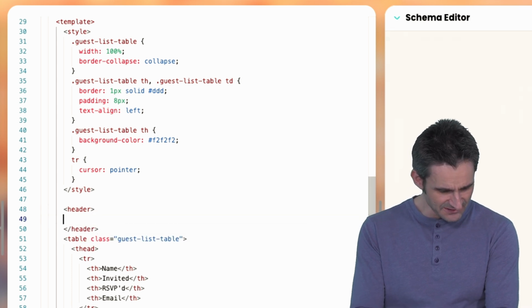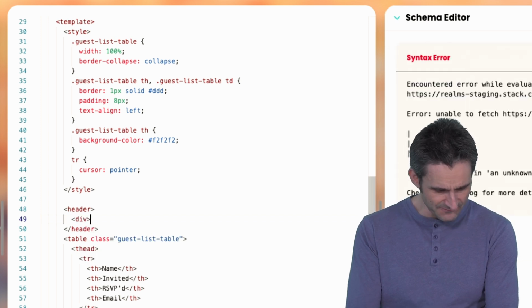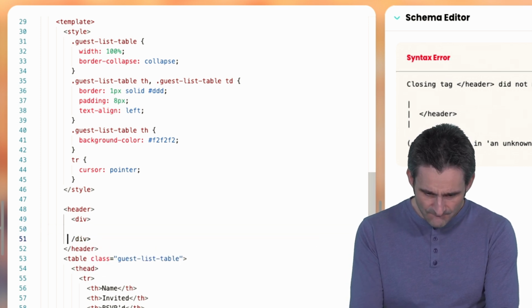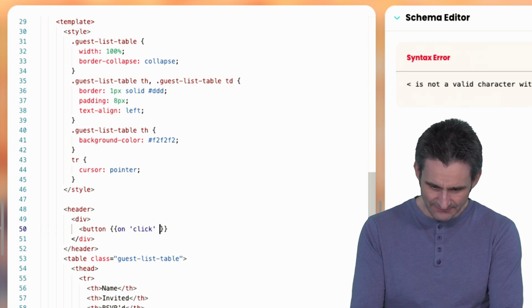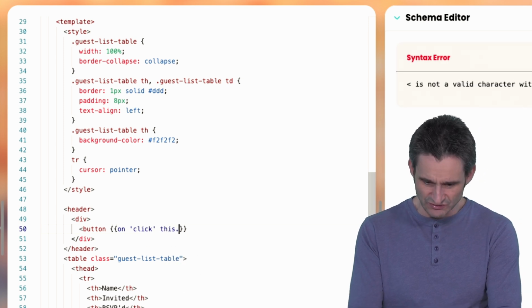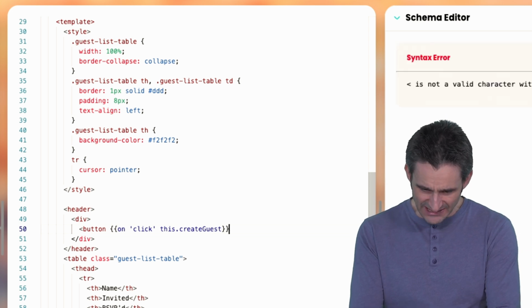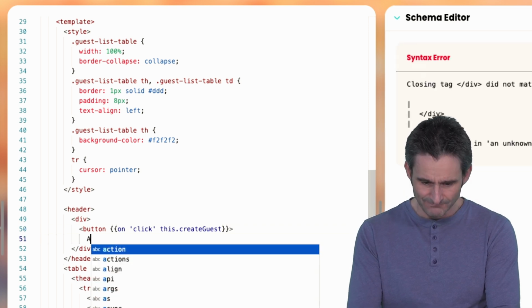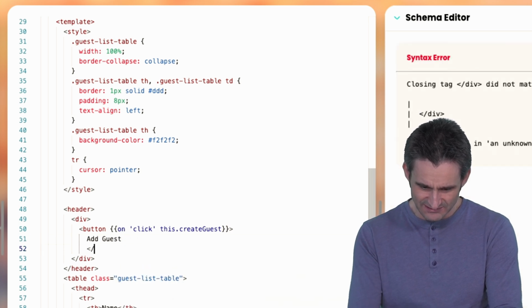And inside the header element, we've got a button, and it's got an on click. And here what we want to do is to say this dot create guest. And the name of the text on the button will be, I think, add guest. There you go, add guest works lovely. Close the button element,